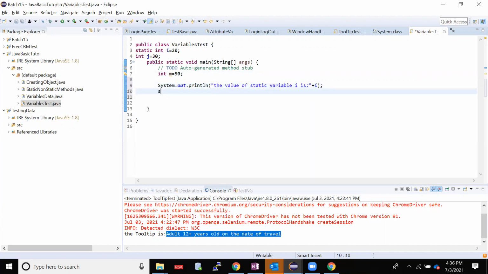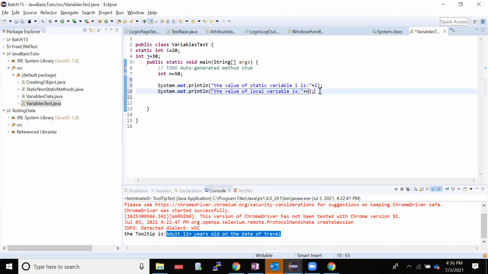Now I'll do one thing again, System.out.println. I'll make it the value of local variable is, which is my local variable, the variable which is there inside a method. That is m.